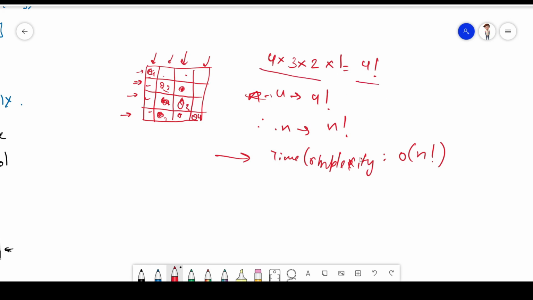For each position change there will be several possibilities, so the time complexity should be n factorial. For the space complexity, I am just keeping a row vector, so it is only going to be O(n) because I am just keeping a row array.